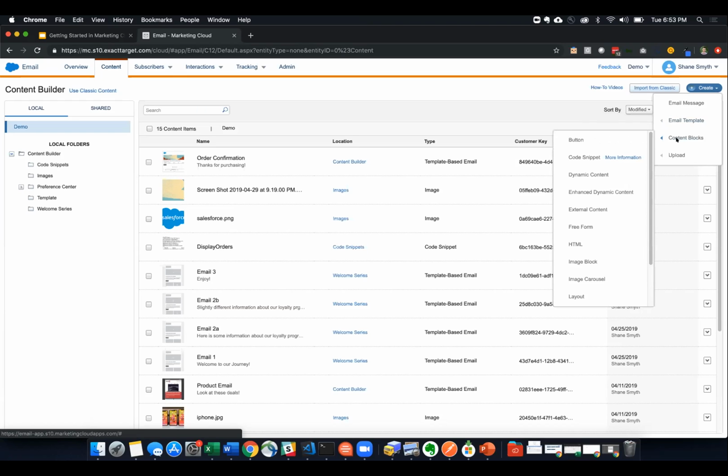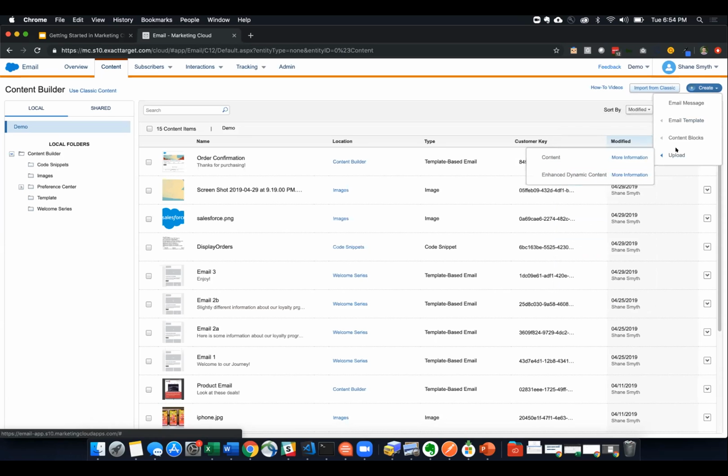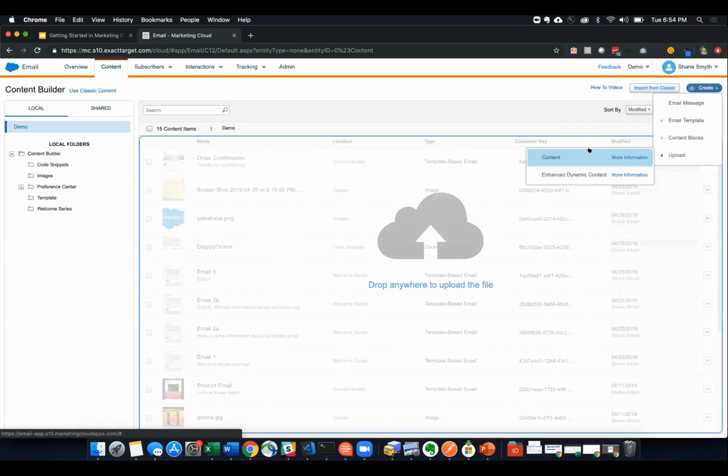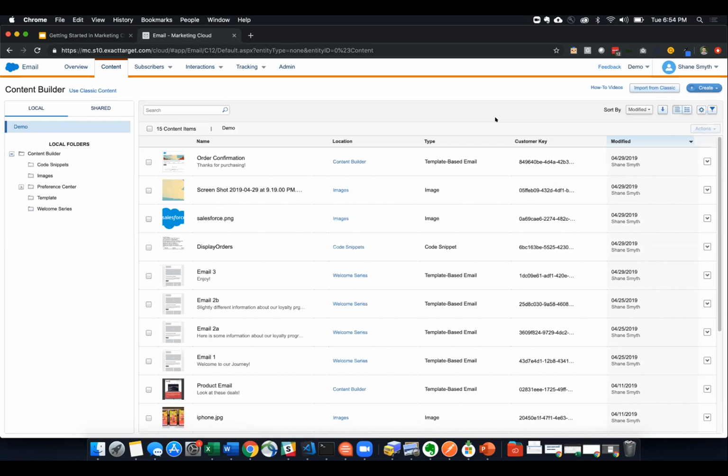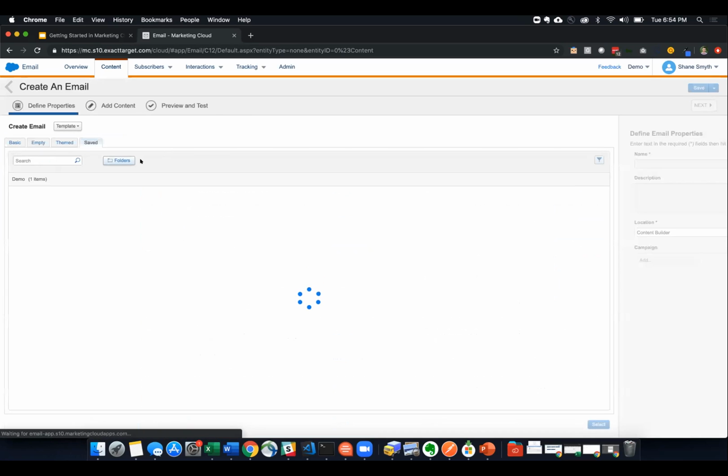The other section here is content blocks, the different types of content that we can drag and drop into our email. You can see that it spans from buttons to free form to HTML blocks to image carousels and a couple of other ones down here. We'll use a couple of those throughout this. And then we have the ability to upload images if we want to, which is very useful when we're creating emails. So the first thing we're going to do is click email message,